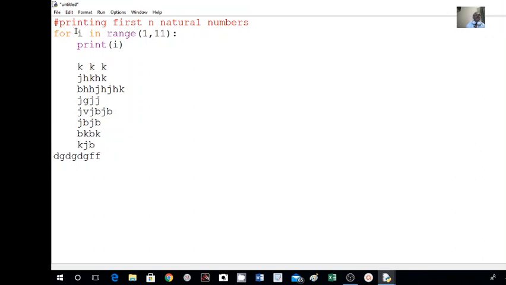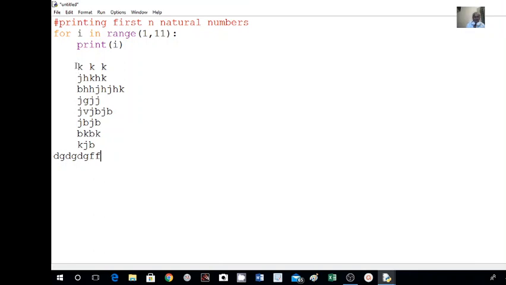Again this is the end here. Again it goes back, i takes the value 3, and all these statements are executed again. Like this it goes up to i taking the value 10. When i has taken the value 10, it cannot take the value 11, so it comes out of the body of the for loop. After coming out of the for loop, control goes to the next statement here, and that statement starts.